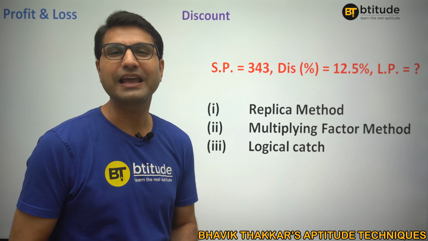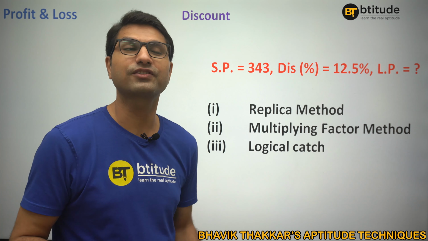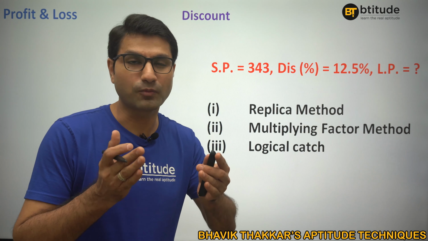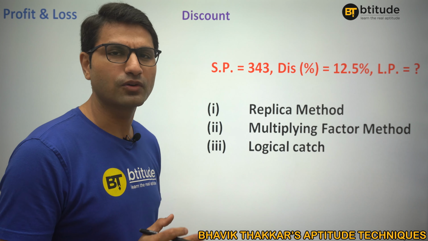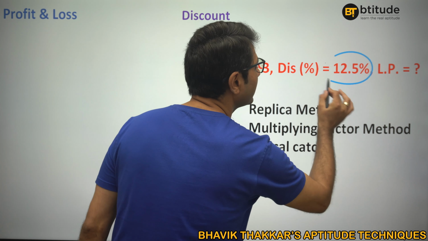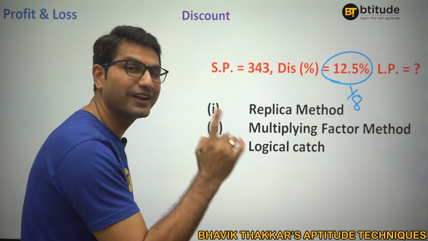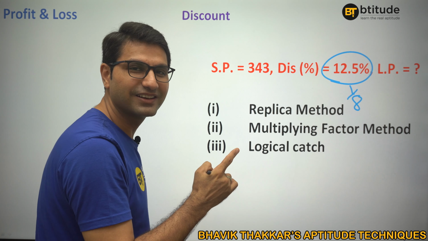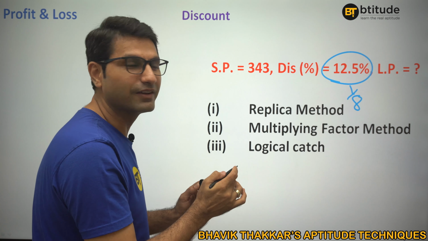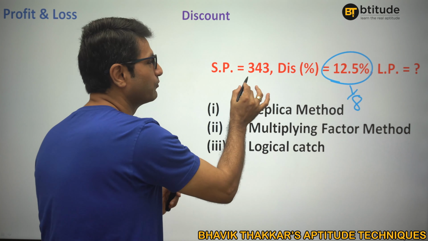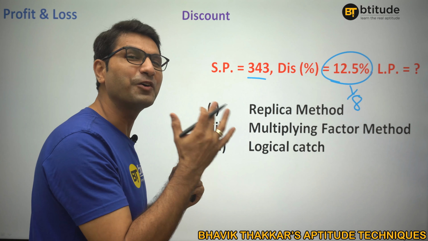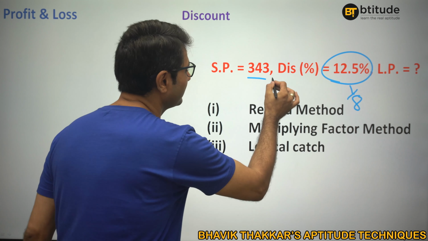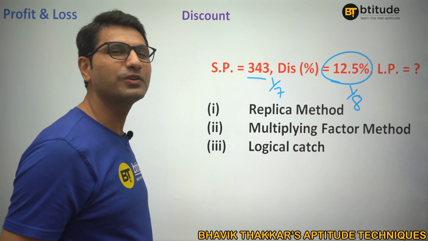Now, this logical catch actually differs from question to question, or I would say depends from case to case. For example, when there is a single discount, we can understand if 1/8 is the discount, 1/8 of what? 1/8 of that label price, right? But the label price is not given. Then 1/8 of this will be what proportion of this? If you know that bridge, how to find it out? It's pretty easy. You will say it is 1/7 of this. If you know this, it's pretty easy.